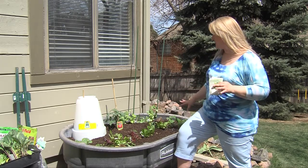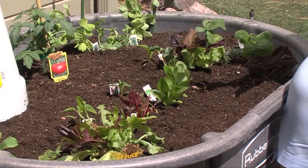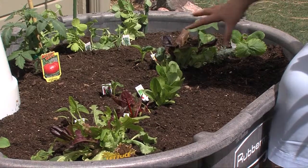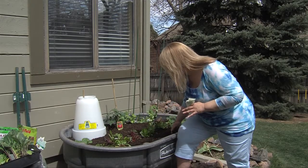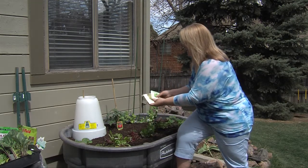Now, you'll also notice that we've left some room here in front of the lettuces. One of the great things about lettuce is the time it takes for them to harvest, which is not very long. Some of these are only weeks away from being harvested. So besides having all of these little lettuces in here already planted as seedlings, we can actually create another row, come right in here in front of those,